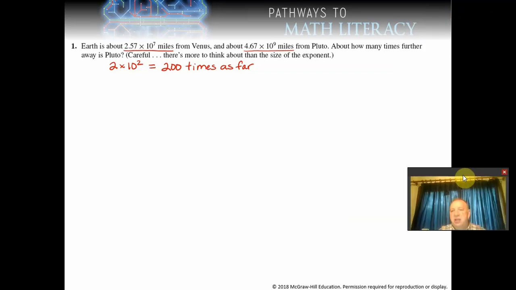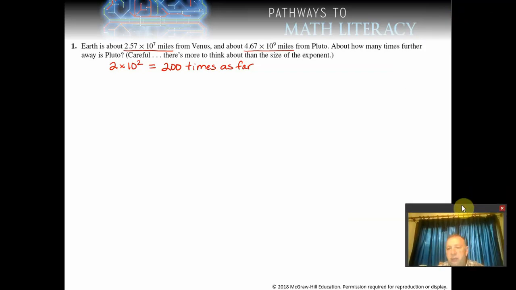So here's some comparisons. This only comes into play when we're using really big numbers and really small numbers. Earth is about 2.57 times 10 to the 7th miles from Venus, and about 4.67 times 10 to the 9th miles from Pluto. About how many times further away is Pluto? So if I divide the 4.67 times 10 to the 9th by the smaller, the 2.57 times 10 to the 7th,